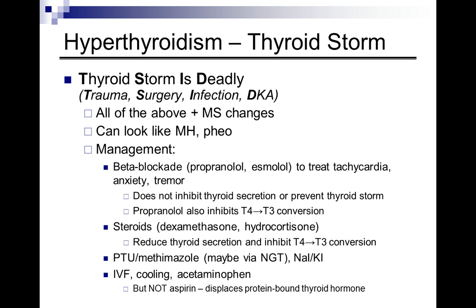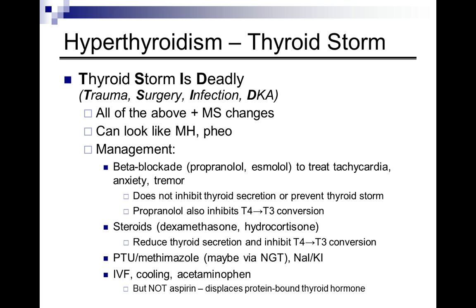The extreme of hyperthyroidism is thyroid storm, or thyrotoxicosis. I always remember this with the mnemonic, thyroid storm is deadly, which reminds me of the 4 things that are most commonly found to precipitate thyroid storm: trauma, surgery, infection, and diabetic ketoacidosis. Thyroid storm is really just the hyperthyroidism we described in the previous slide, plus mental status changes, and it's to